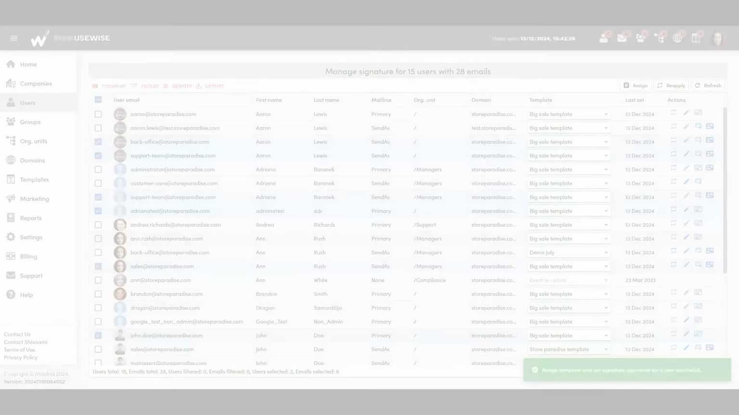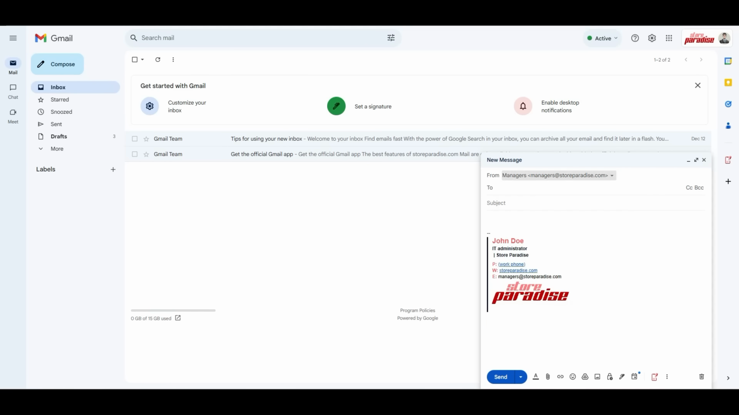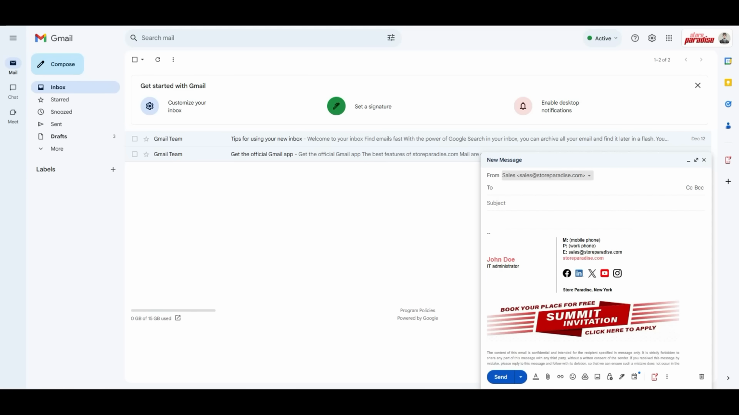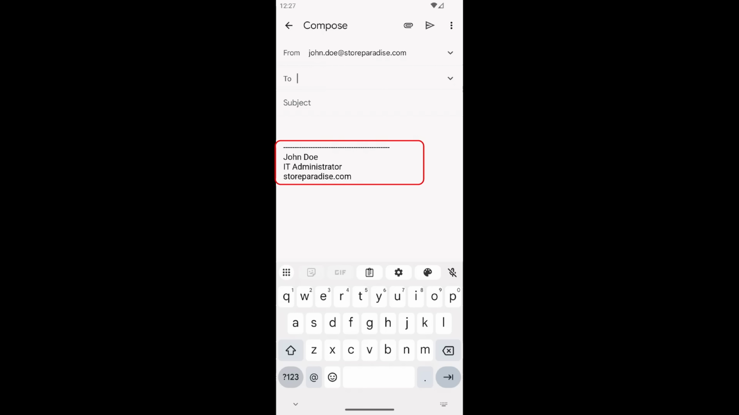Email signatures will show up in the user's Gmail automatically. Sign.UseWise supports send as addresses, so admins can easily apply a custom signature to each send as address that the user has. When it comes to mobile phone support, the Gmail app on mobile devices doesn't support HTML email signatures,